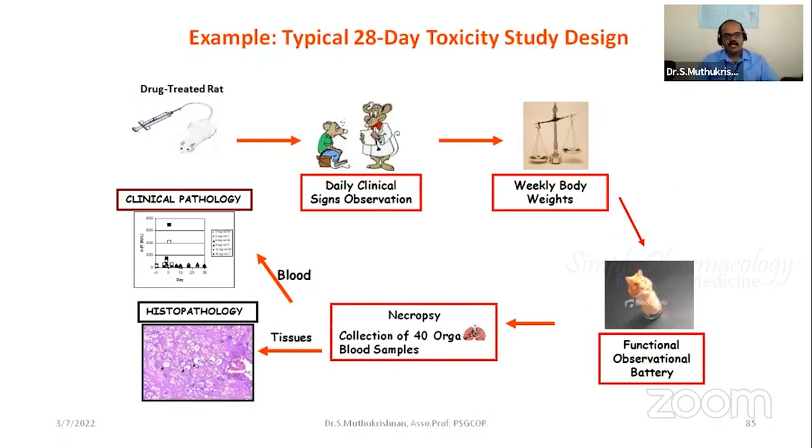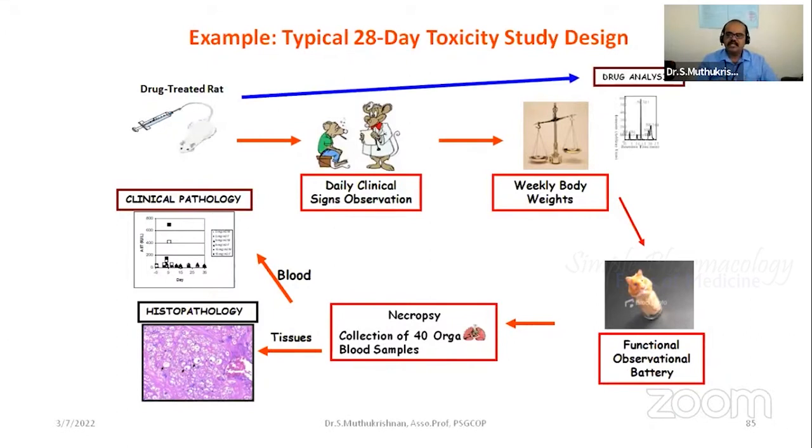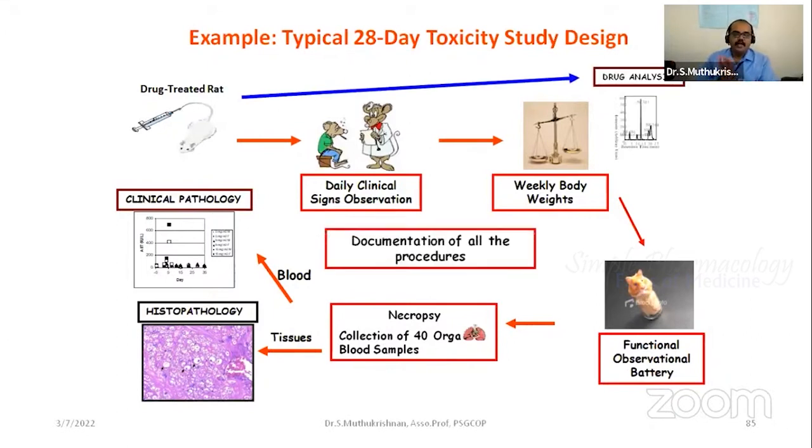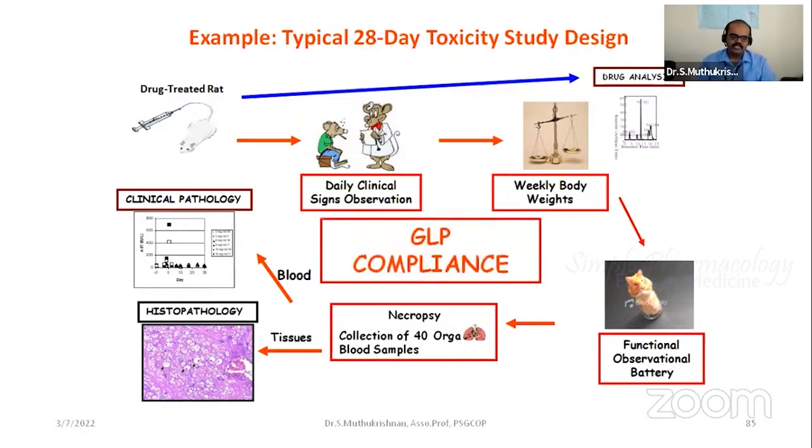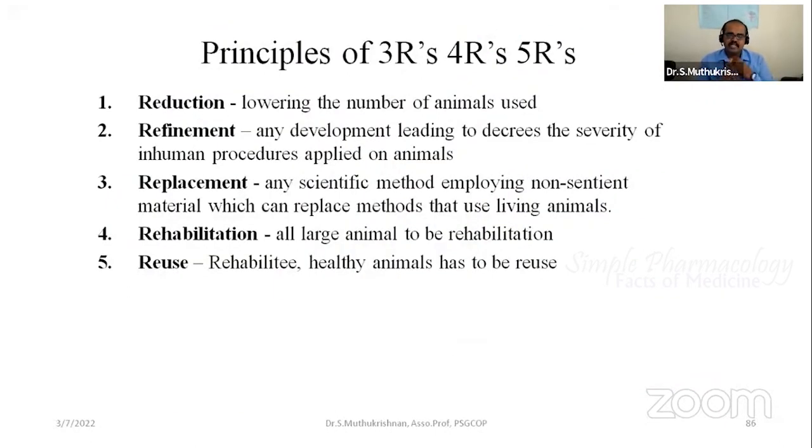So this is the model outline diagram. Once you get the approval, you can treat the animals, with daily clinical observations and weekly observation studies. At the end, you go for necropsy, collect the biological parameters, and do histopathology and clinical pathology interpretations. But the entire protocol justification you have to give in your application form itself. If you are thorough with all those things, you will never get stuck at any point in your studies. But the take-home message is,